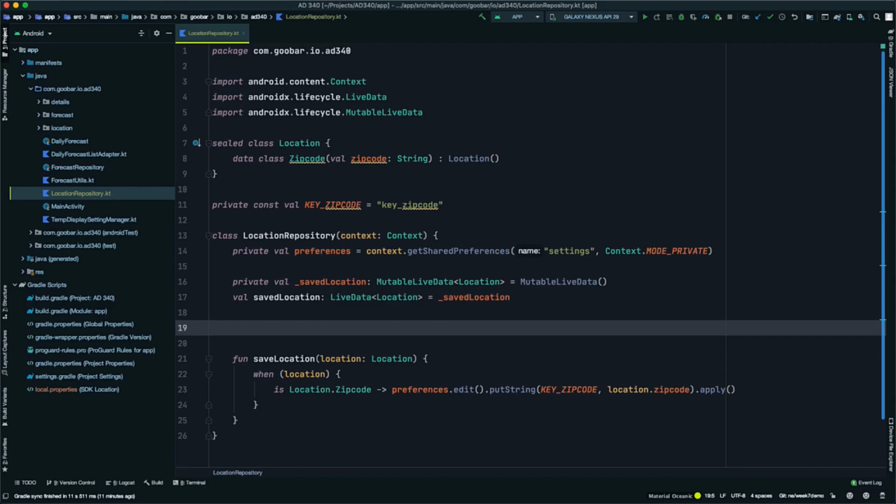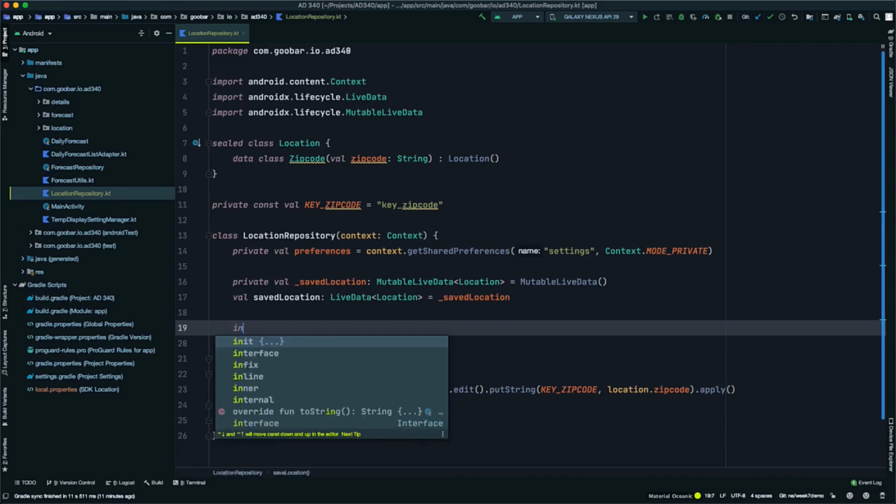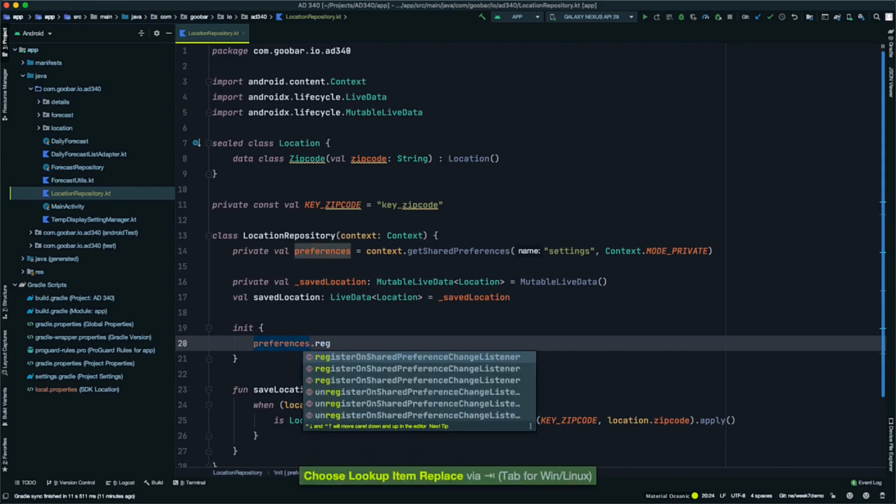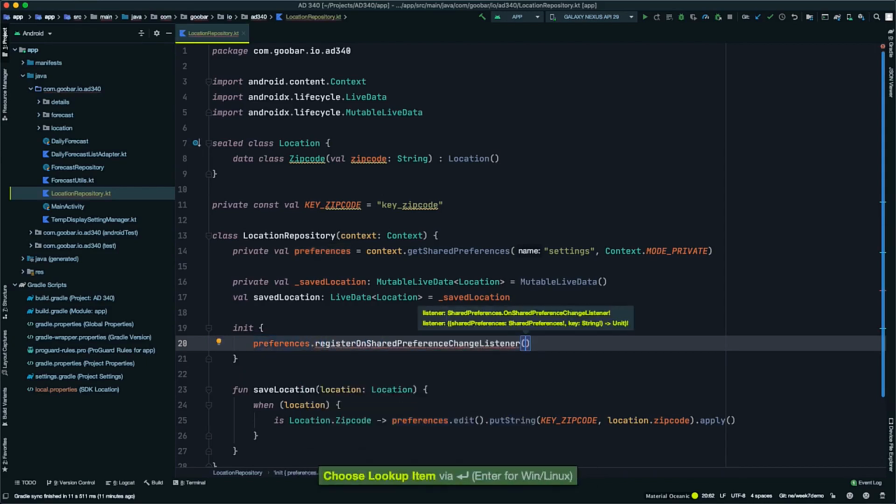We're going to go kind of below our properties a little bit, and we're going to create what's called an init block. An init block is very similar to a constructor body. Basically, anything inside the init block will run when this class is created. And within this init block, we're going to add a shared preferences change listener so we can listen to changes in this value. So we'll type preferences.registerOnSharedPreferenceChangeListener